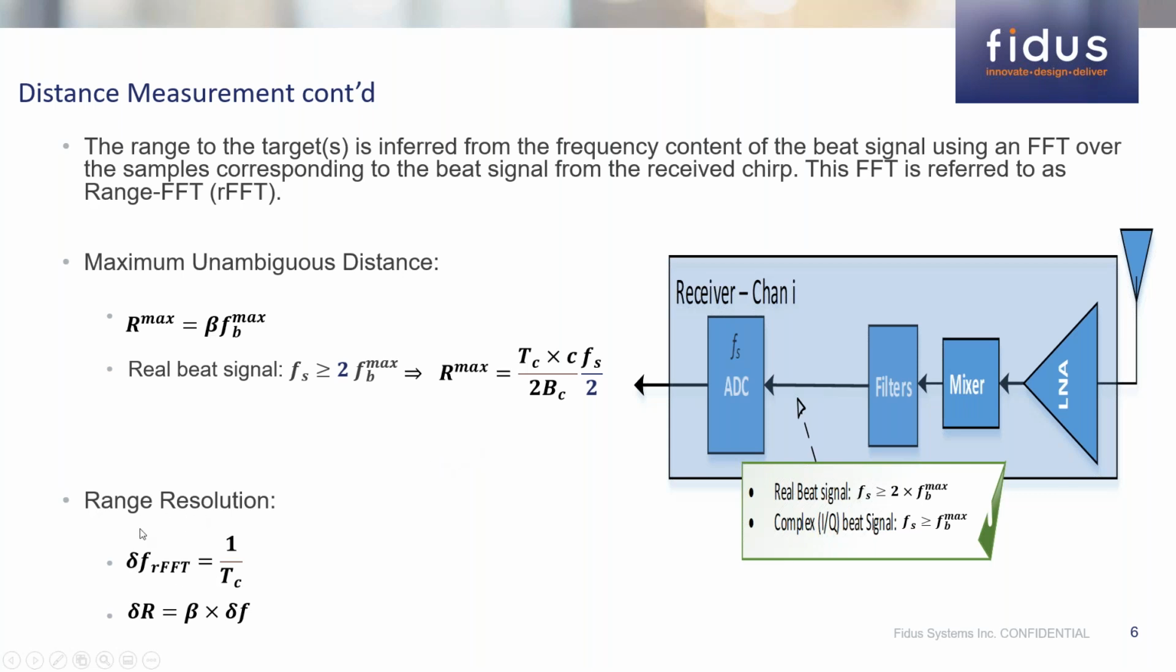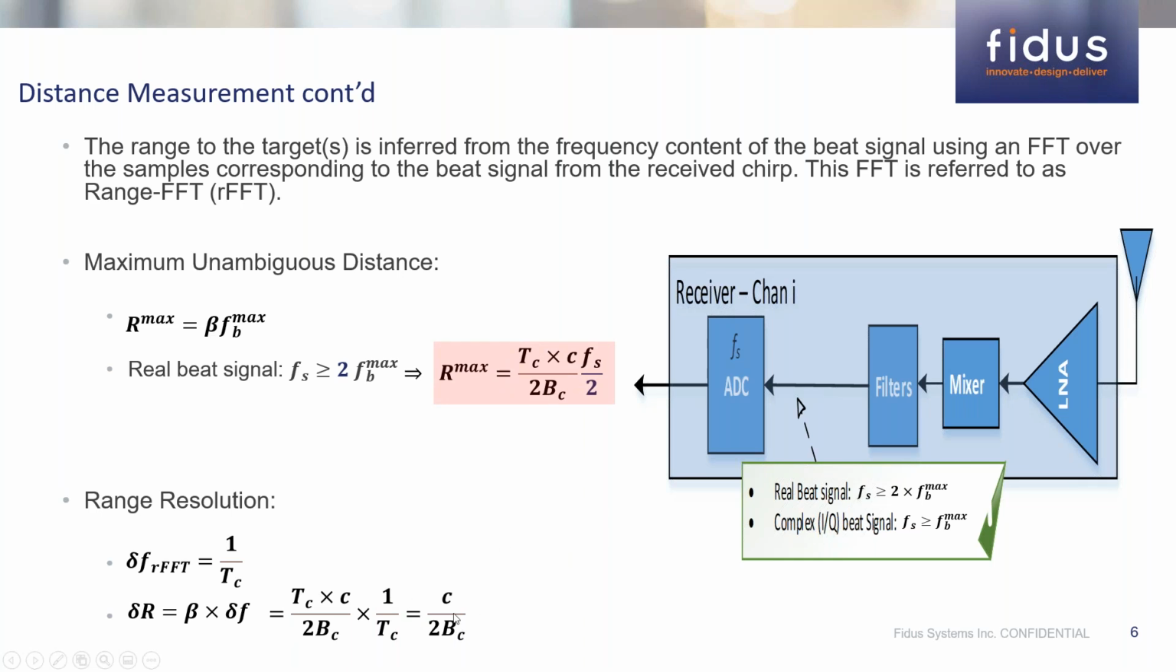As we know, the FFT step is inversely proportional to the observation time, or the length of the chirp. And if we differentiate the equation of the range, you can see that the differentiation of the variables here are R and F. So the delta R is proportional to delta F. Again, if we replace the delta F with its value, 1 over TC, we can establish here the